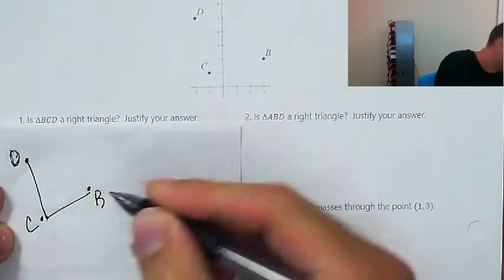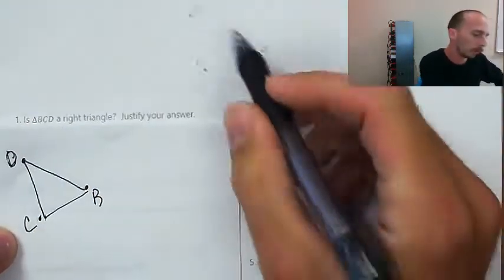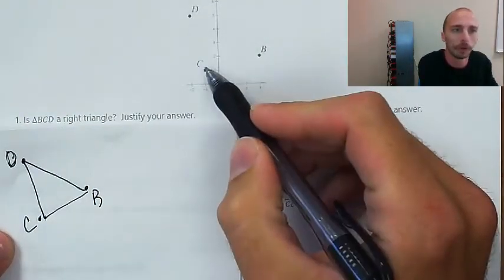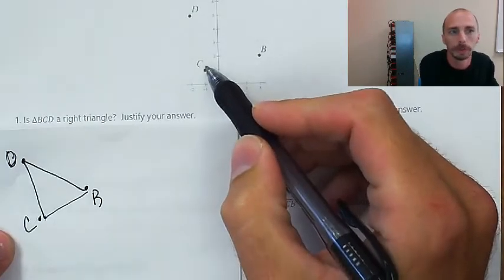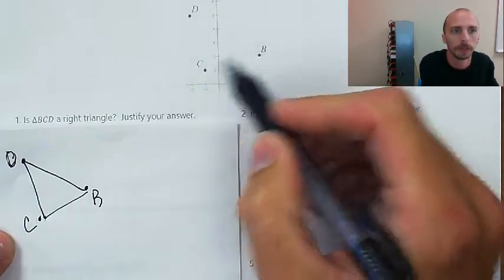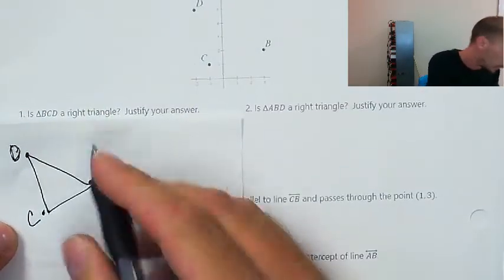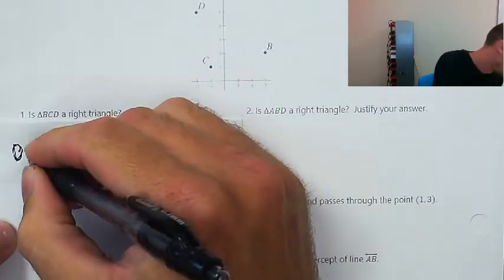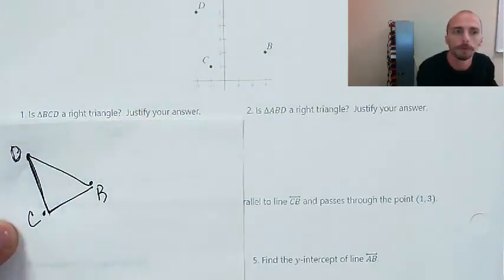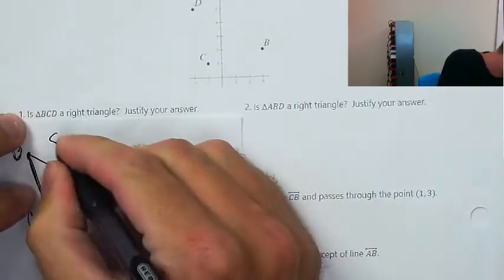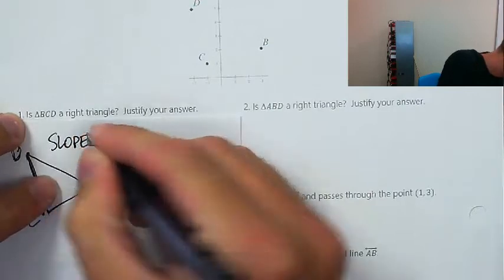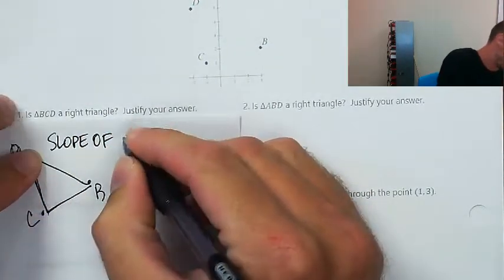I didn't do the best job of drawing it, but over here it looks like this angle right here is the one that could potentially be a right angle. This is pretty clearly an acute angle, same thing there. So I'm going to look at the slope of this line, look at the slope of that line, see if they're perpendicular, right? Okay, so the slope of line CB,